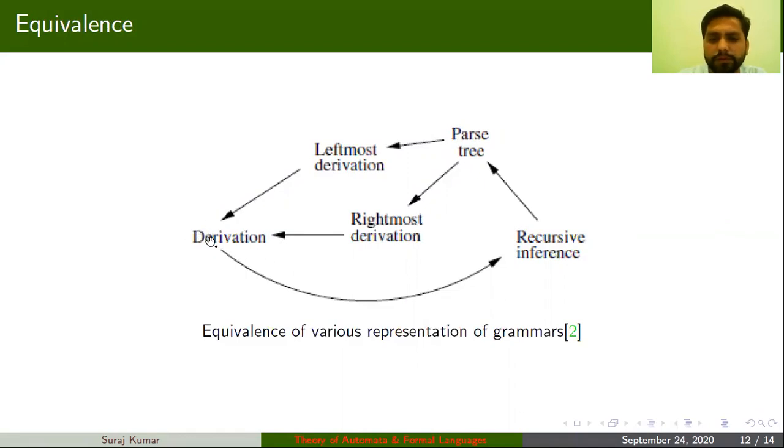In the derivation, you actually use the leftmost as well as rightmost derivation. Okay, so this is actually a mix of left and rightmost derivation. So for every input, for every grammar, you can always write either the leftmost derivation, or the rightmost derivation, or the parse tree, or the recursive inference. So that means you can say these are equivalent in power. Okay, all the representations are equivalent in power.